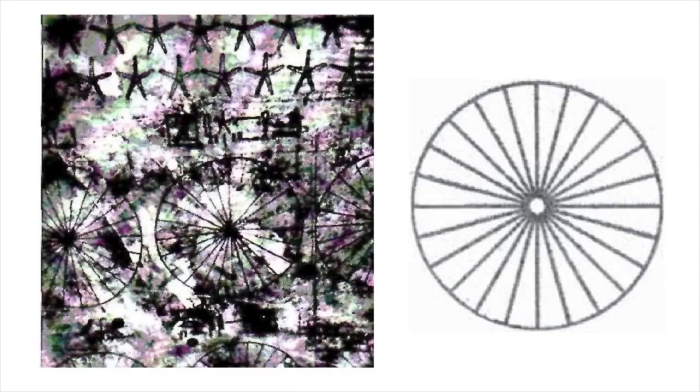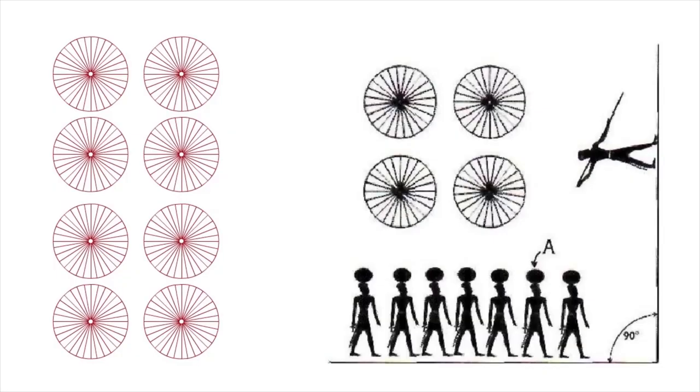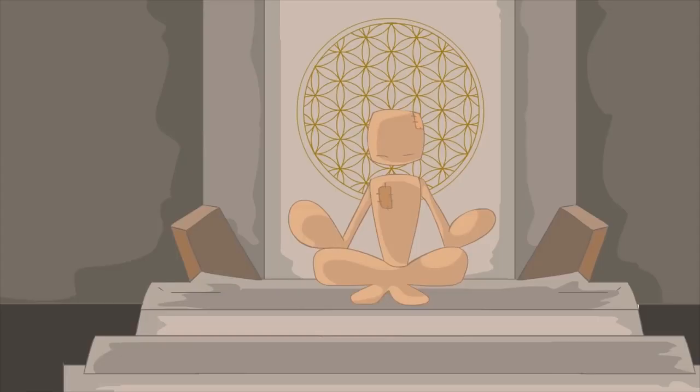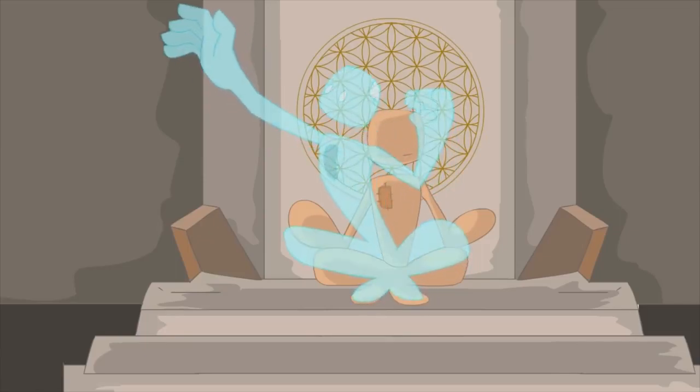These wheels are some of the oldest symbols known. The only places that they've been found is on the ceilings of certain very old Egyptian tombs. They are always found in sets of 4 or 8, and nobody knows what they are. Even the most famous Egyptologists have no idea, but this is actually proof that the Egyptians not only understood the flower of life, but they lived it.